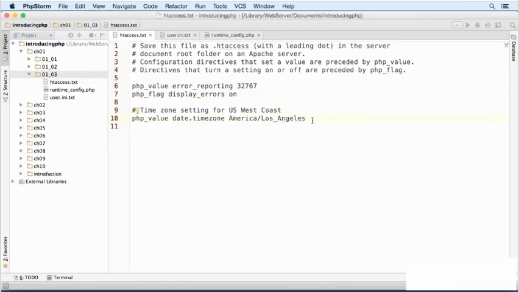The lines that begin with a hash or pound sign are treated as comments, so the lines that don't have the pound or hash sign are the actual configuration directives. Each setting must be on a separate line, and where the configuration directive sets a value, the line begins with php_value, followed by a space, the name of the directive that you want to set, another space, and then the value. In the case of error_reporting, you need to use an actual number rather than e_all, because Apache doesn't understand